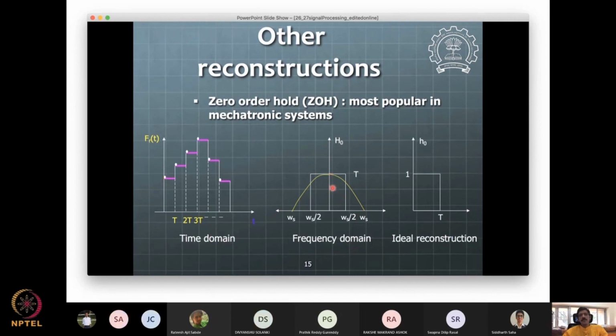So the warping in the frequency domain that is happening is somewhat of an indication. I mean, one cannot really get it intuitively by seeing that, oh, this means it will be warping. No, it will have some difference. It will have some kind of a warping, but we cannot predict exactly what will happen. Only by doing this mathematics can one say, okay, exactly this part is getting multiplied by this,